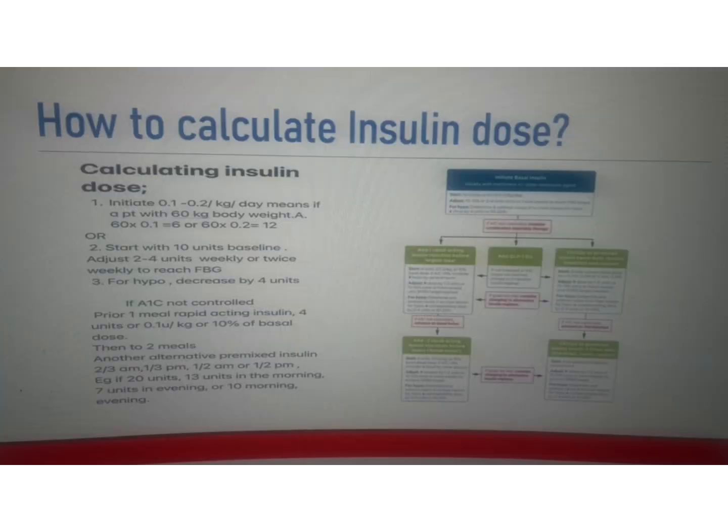Next is how to calculate insulin dose per American Diabetes Association guidelines. You don't have to follow both guidelines, you can follow one of them. In most patients, they will already be on metformin or another non-insulin agent. So per American Diabetes Association guidelines, start with the first 10 units baseline, or initiate 0.1 to 0.2 units per kilogram per